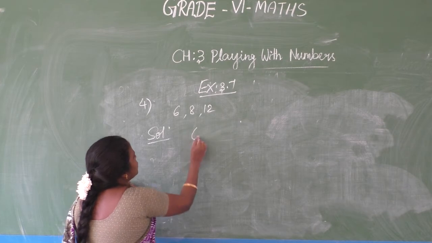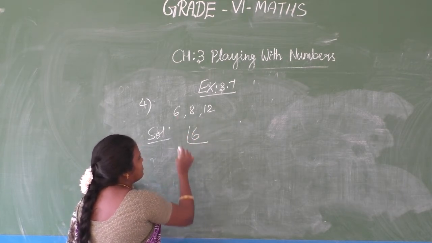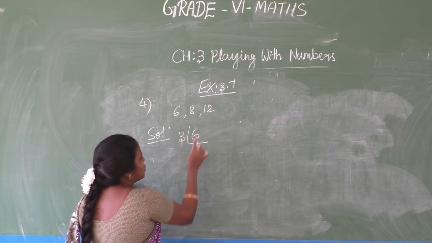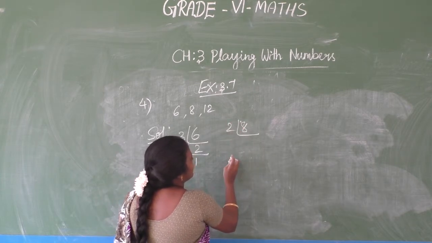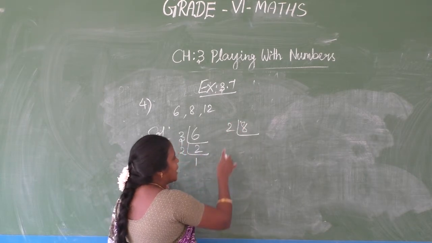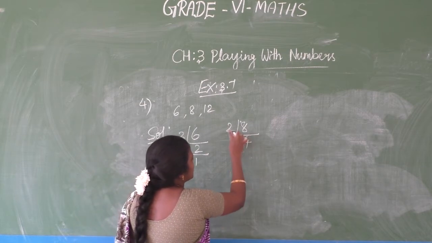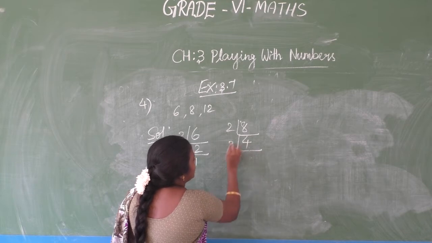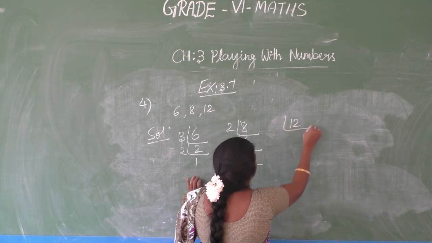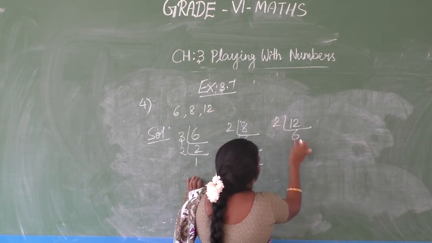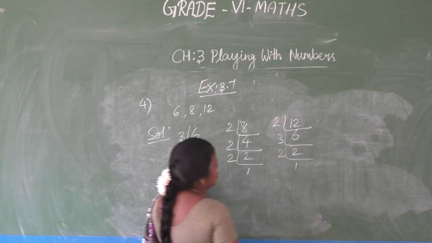Okay. Now take separately 6. Find the prime factors of 6. By 3, 3 twos are 6, 2 one time. 8: 2 is a prime number, no? By a prime only you have to divide the given number. Keep it in mind. So 4 twos are 8. Again 2 twos are 4. 2 ones are 2. Come to 12. 6 twos are 12. 3 twos are 6. 2 ones are 2.